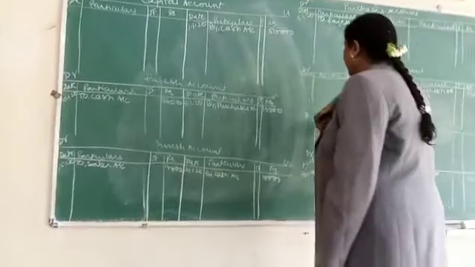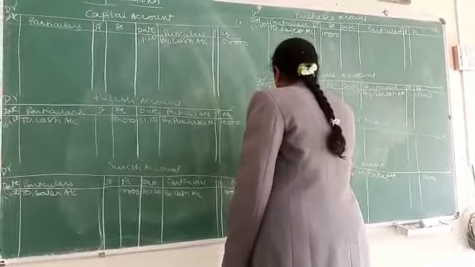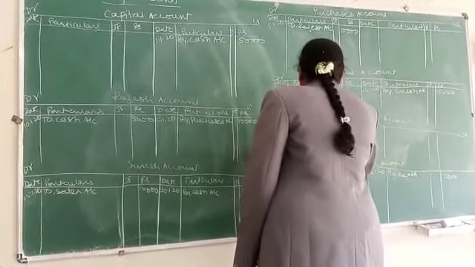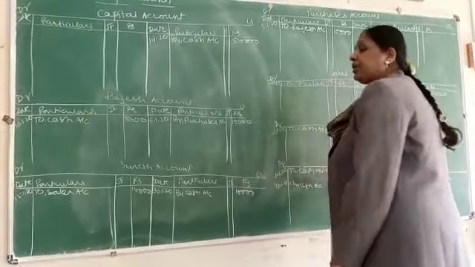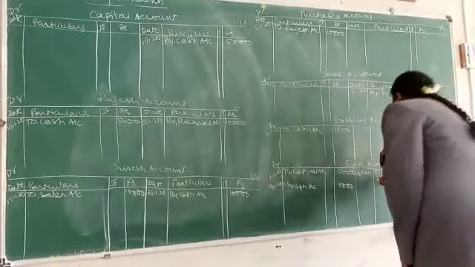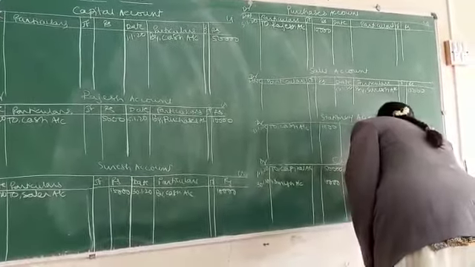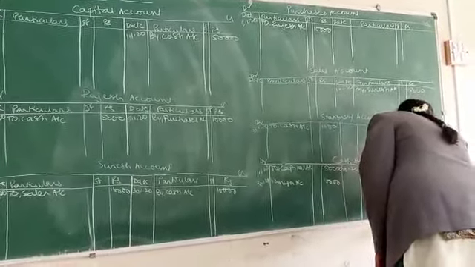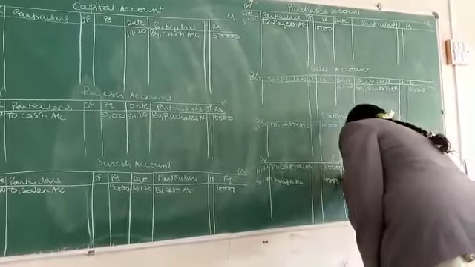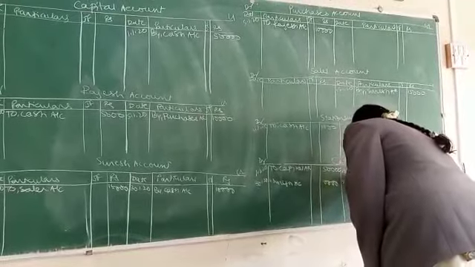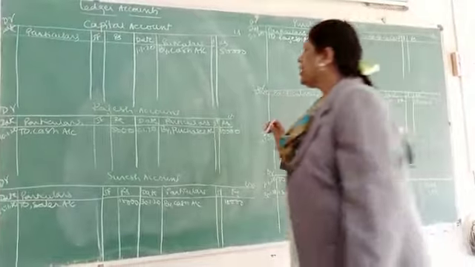Next. Stationery account debtor to cash account. Stationery account is debited. Come to the debit side, write the date 31/1/20, to cash account, 1,000. And come to your cash account, it is credited. Write it as by stationery account, 1,000. Write the date 31/1/20. Okay, students, these are the entries now. We will have to close it now.